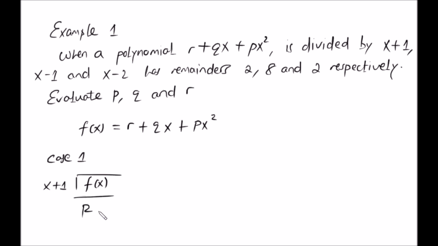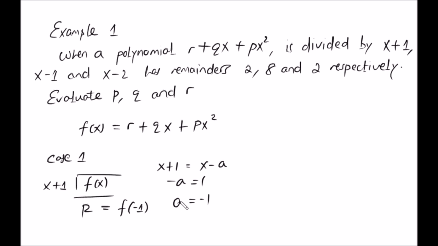So we're going to get a remainder. So this remainder now is going to be what? So our x plus 1 is like x minus a. So our minus a is like 1 and our a is negative 1. So our remainder now is going to be equal to f of a, which is negative 1, according to the